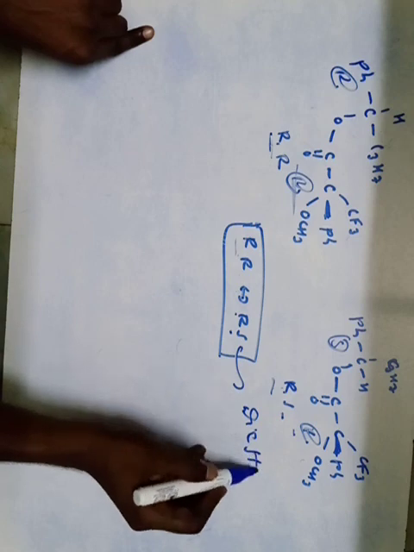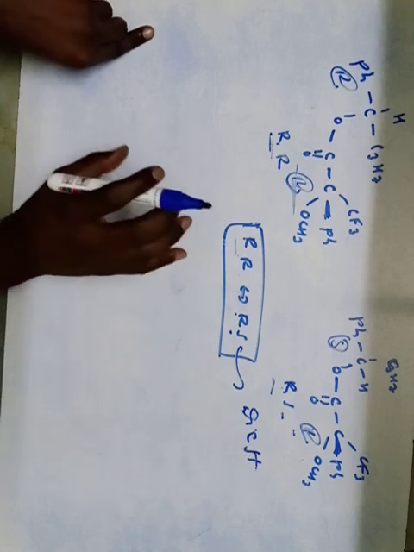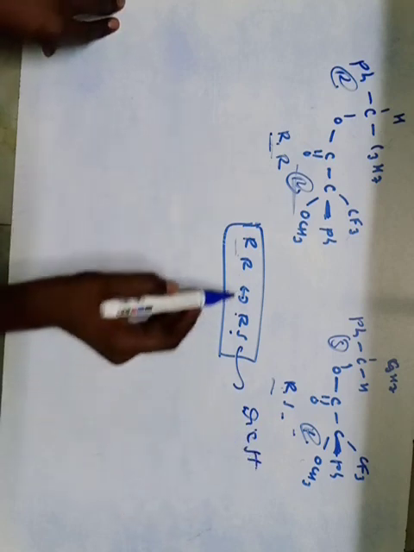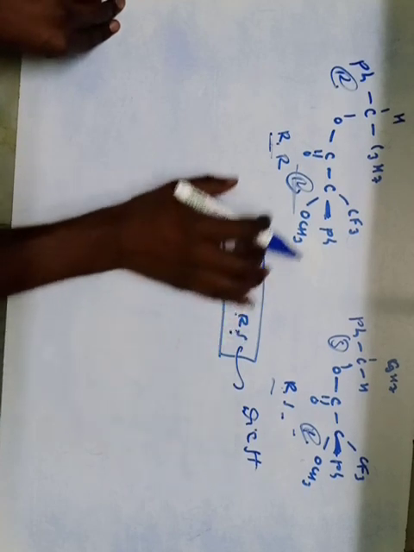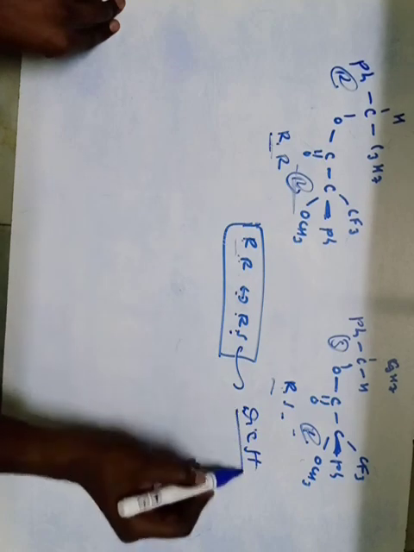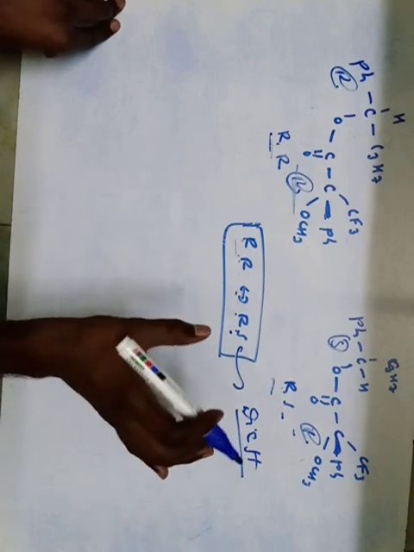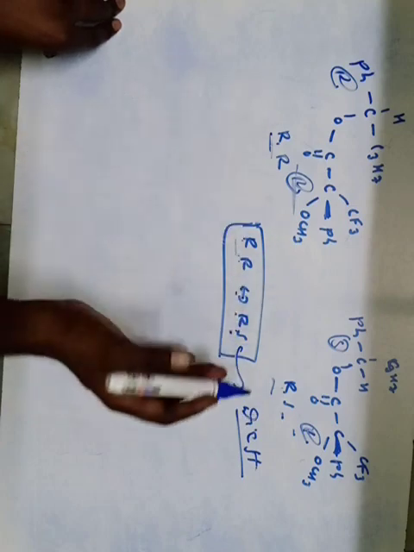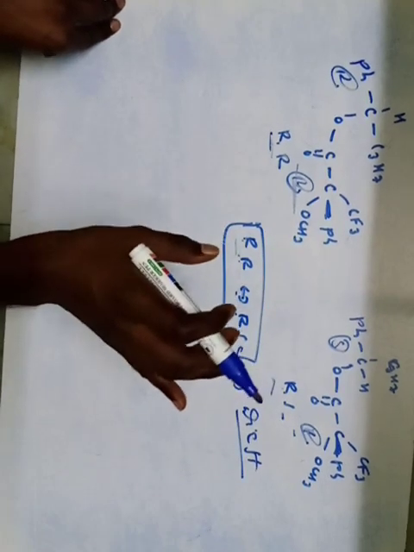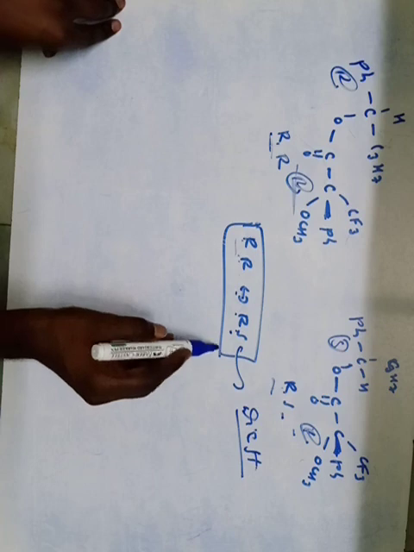Previously we discussed what enantiomers, diastereomers and homomers are. So where RR and RS configurations are present, such types of isomers are known as diastereomers. Diastereomers will give different signals in H1 NMR spectroscopy. So we can differentiate the individual enantiomers by converting them into diastereomers, right?